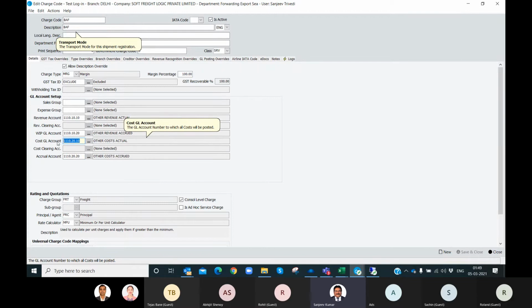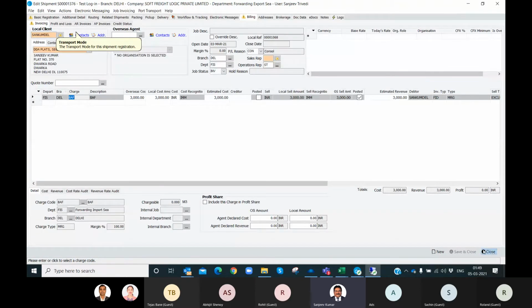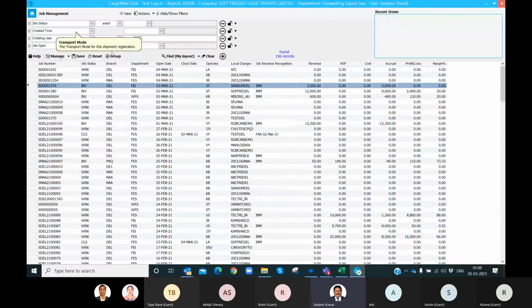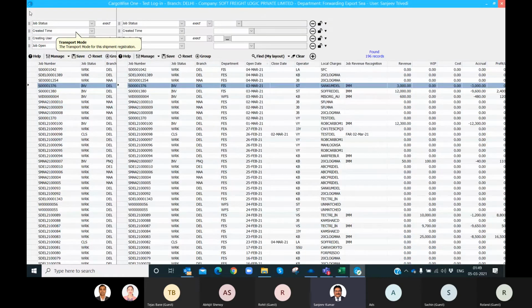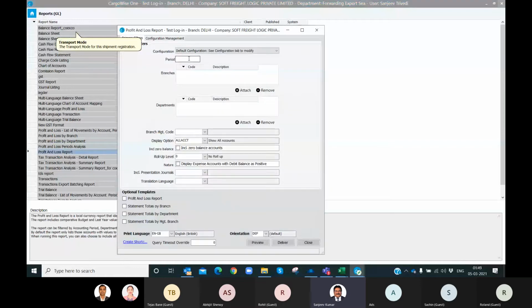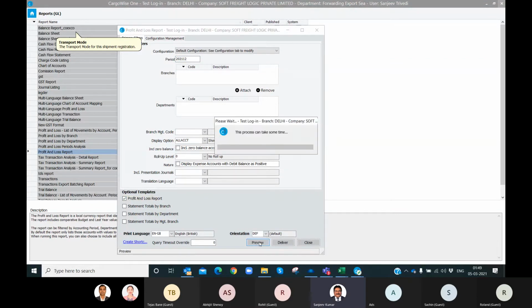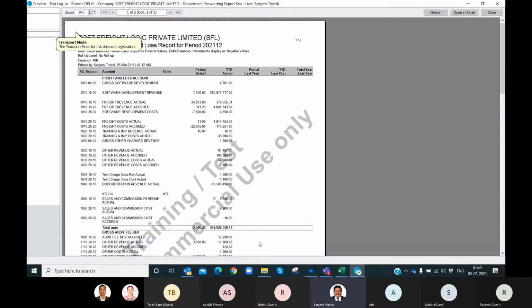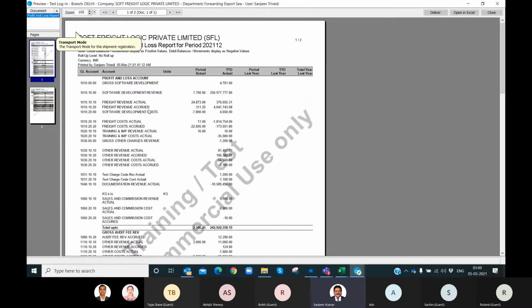And if you run the report of profit and loss, go to manage general ledger report, and if you run a report of P&L, you see revenue accrued is 10.20.